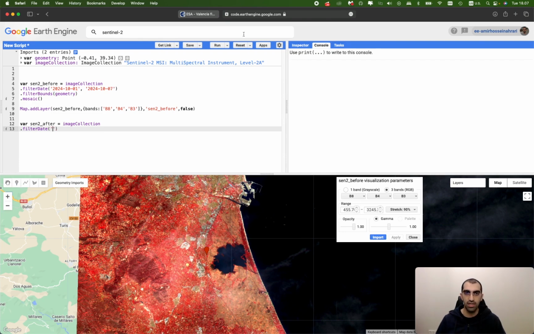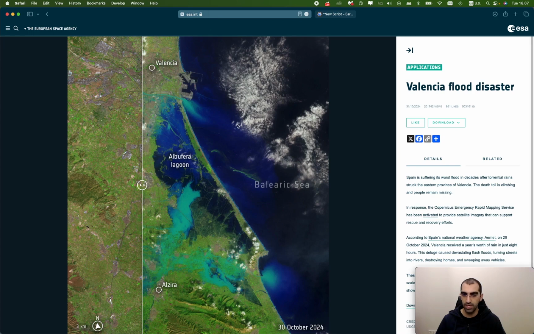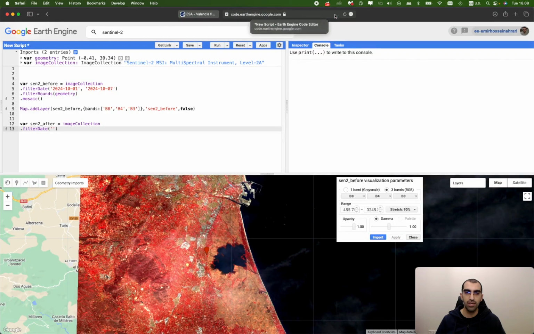If you check the European Space Agency image here, you can see the target data, but this is for land, and this image belongs to the Landsat satellite. But at least we know that October 30 is the date on which we can see the flooded area. So back to the code again, and now filter your data, for example, from October 30 to November 1st,